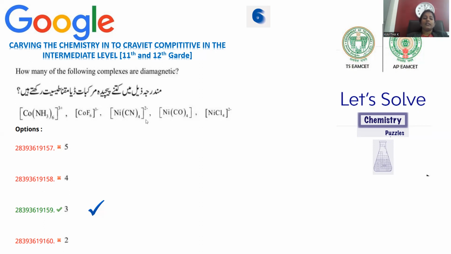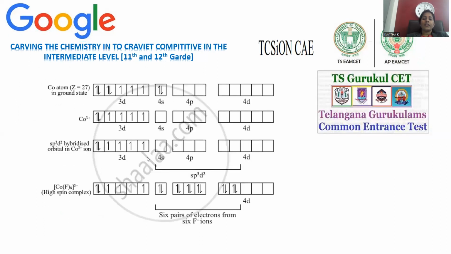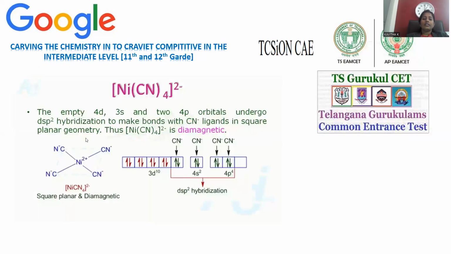So nickel tetracyano with a minus 2 charge is given. In that case, it is square planar. All 4 cyano ligands are arranged in the equatorial position around the nickel, giving the square planar nature. Square planar is responsible for dsp2 hybridization. In dsp2 hybridization, cyano are strong field ligands which give the inner orbital complex and are said to be low spin